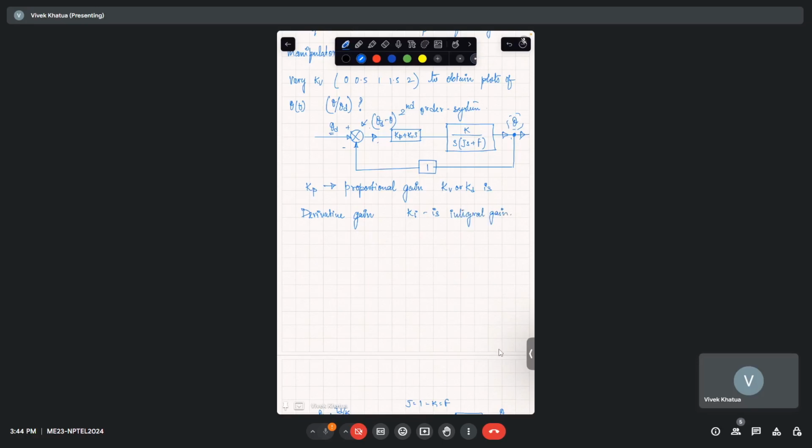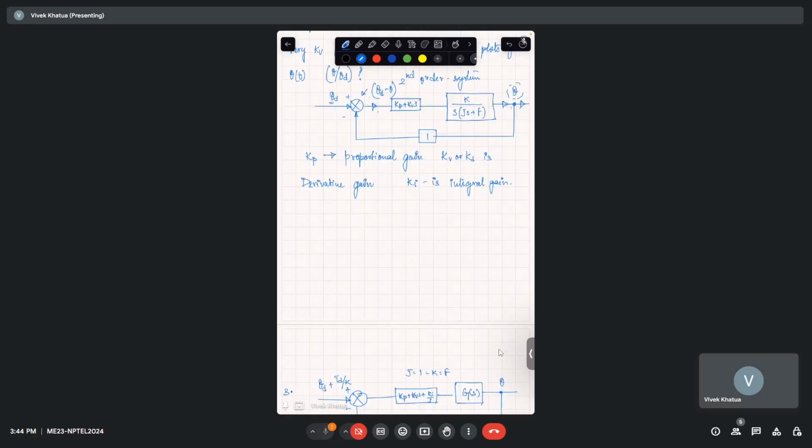So assuming only Kp, this block is only Kp, we would get theta d minus theta. All of them are in frequency domain, times Kp times K